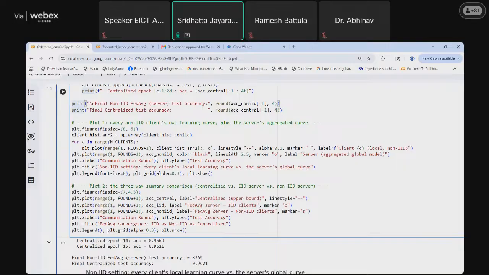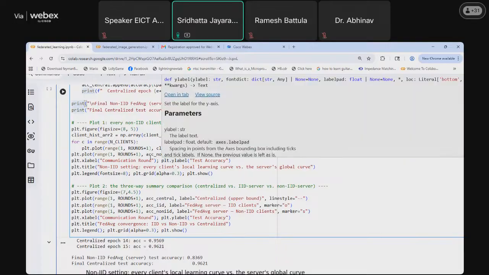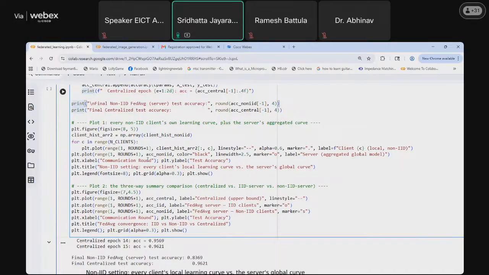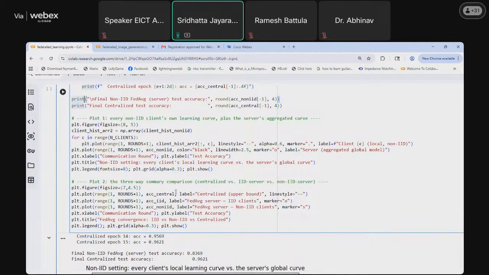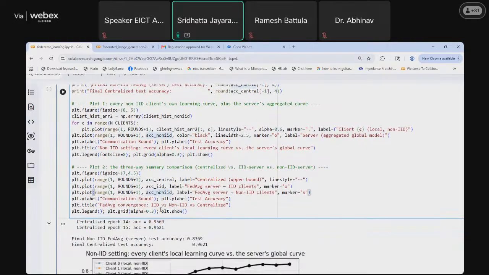This curve will have the rounds and the client history, basically the accuracy after each round. This plot will be on non-IID data, and we'll also plot the performance of the centralized upper bound and the IID and non-IID runs for comparison.